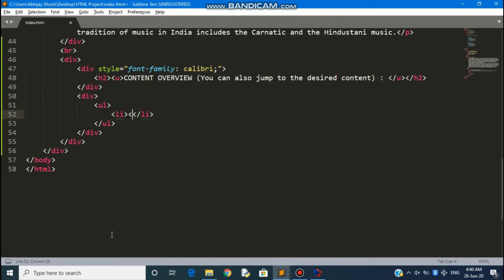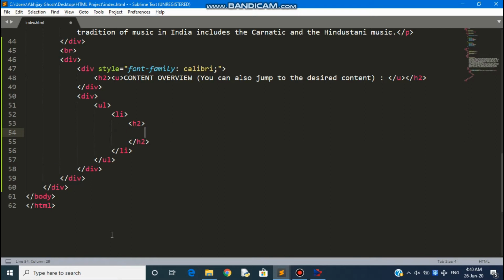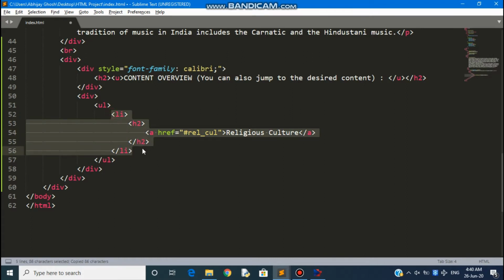The first list item will contain my first internal hyperlink. Inside the h2 tag, I'll give the religious culture the ID relcul, and the heading will be, as usual, religious culture.